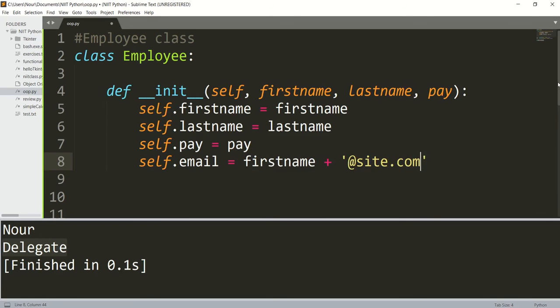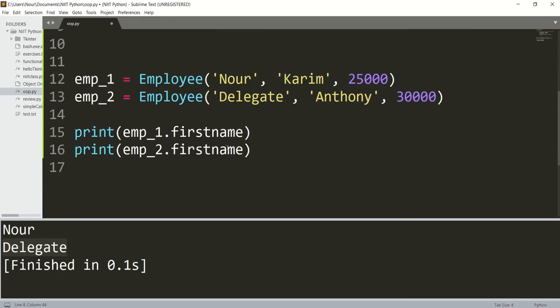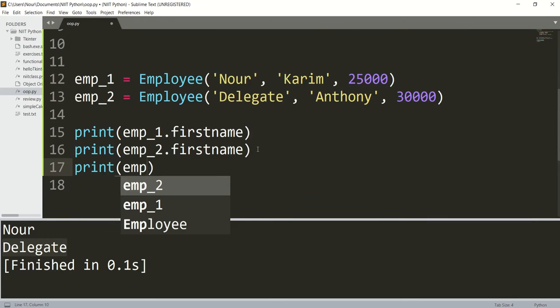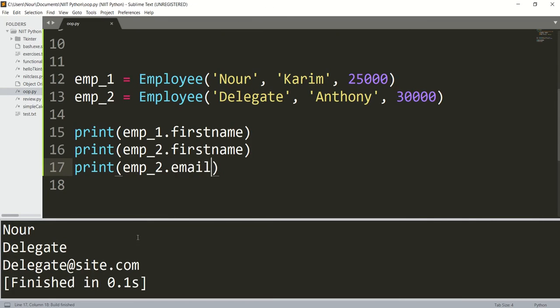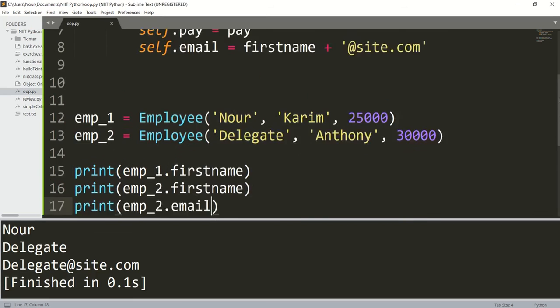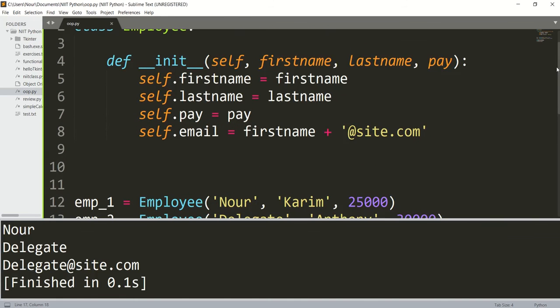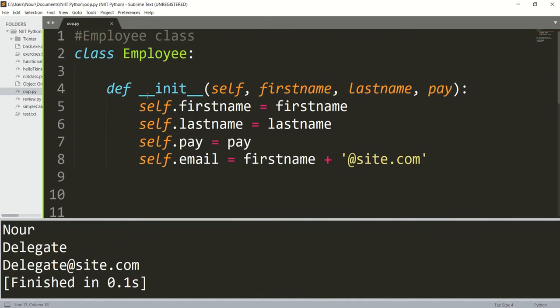So when we come down here and call the email, let's say print, so we want to print employee 2's email, and that will give us delegate at site.com. Okay, so this is essentially instance variables and how we make them automatically created for us. And again, we use the init